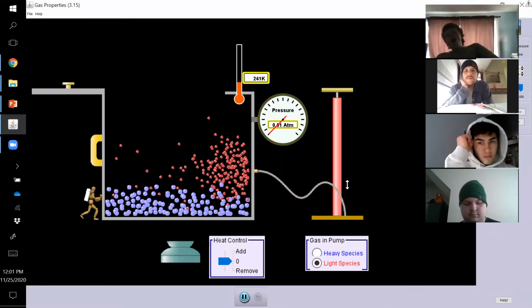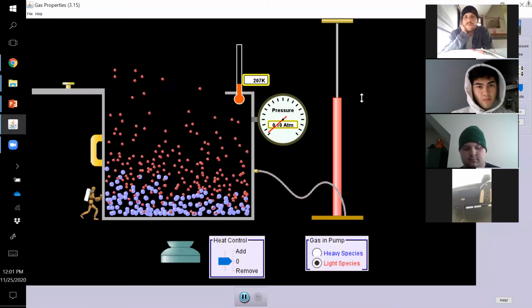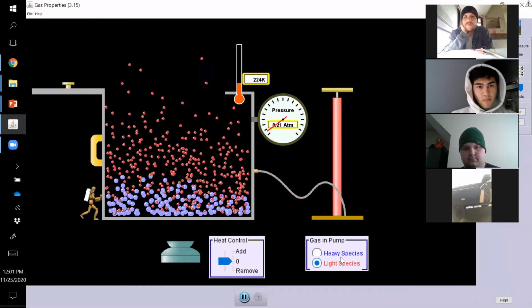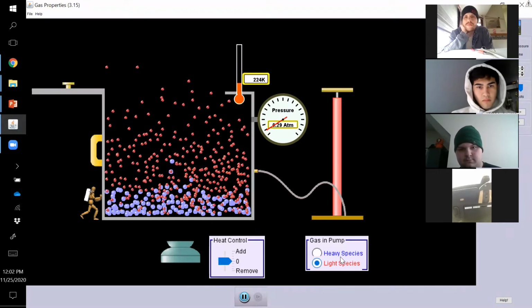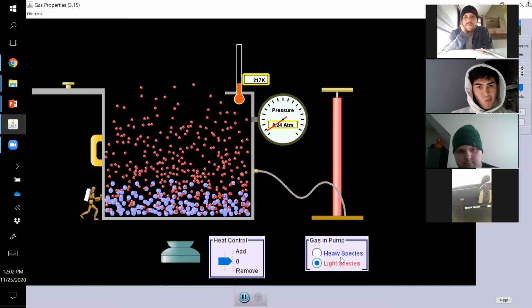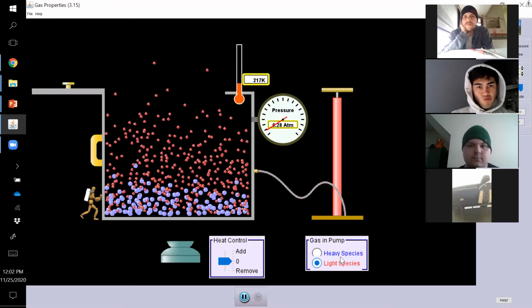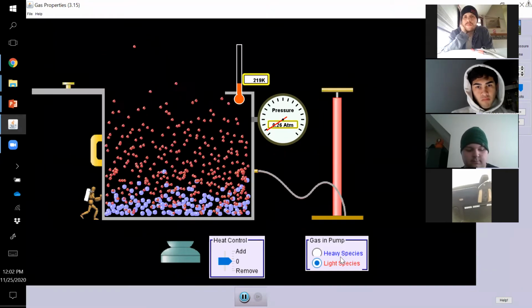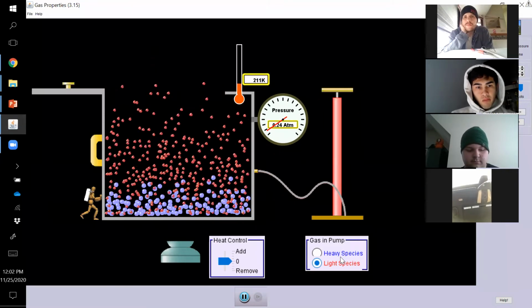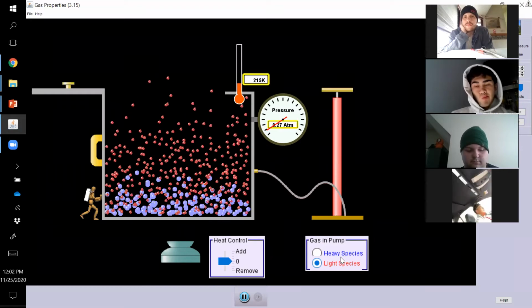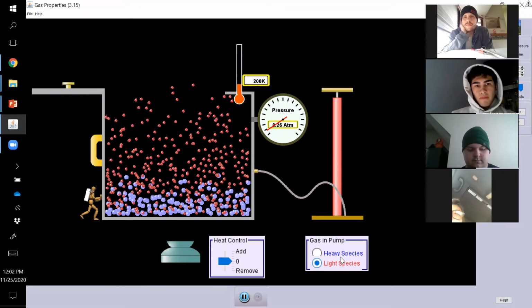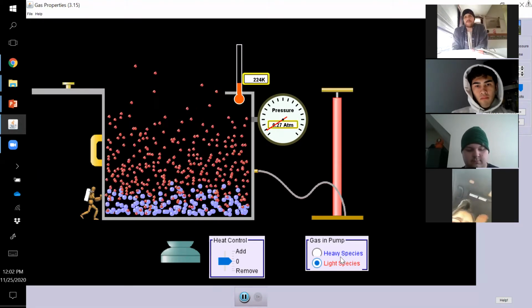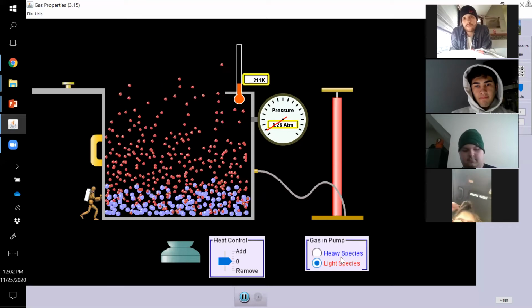Let's try it again. Pump, pump. Let's pump a lot of light particles there. Can you see those few particles that are boiling away there, jumping off into outer space? Over time, this model of planetary atmosphere will suffer some thermal escape, and it will eventually whittle its way down until it's just as thin as the atmosphere of Mars.